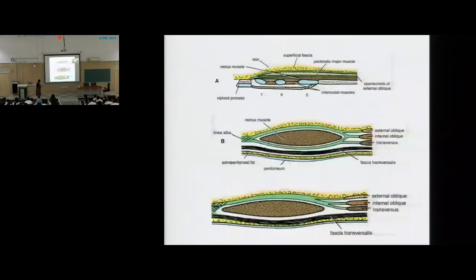First this. Okay. Now external. This is superficial fascia. Skin, superficial fascia. Then pectoralis major. We are not concerned with this. We should be knowing that this is the rectus muscle. Okay, this is the rectus muscle. This brown color, and the aponeurosis of the external oblique is forming the anterior wall. So anteriorly rectus sheath is formed by the aponeurosis of external oblique.